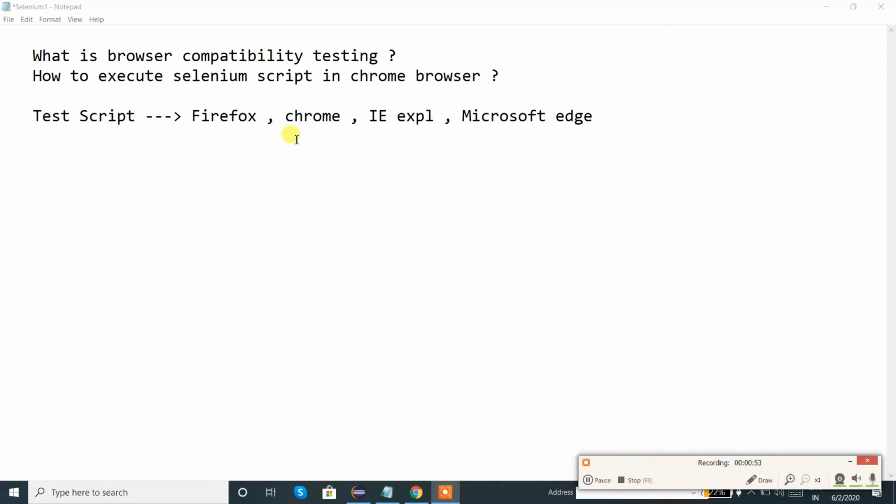So executing the same script in different browsers is known as browser compatibility testing. How exactly does Selenium achieve it? Through different drivers.